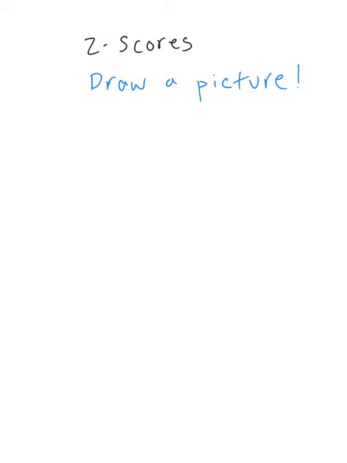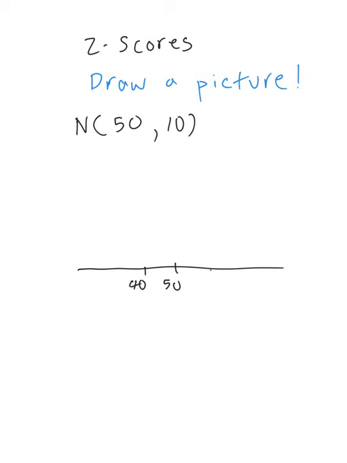So let's say we have a normal distribution with a mean of 50 and a standard deviation of 10. Well, what does that actually mean? If I drew a quick graph, the middle is going to be 50, and then we go out 10 each time. So this is 40, this is 60,